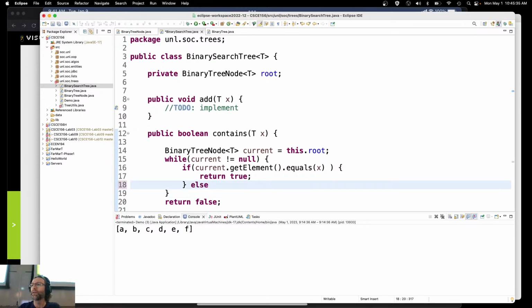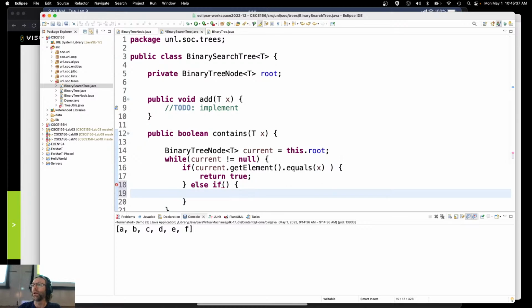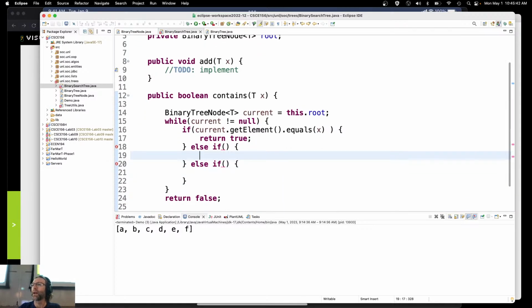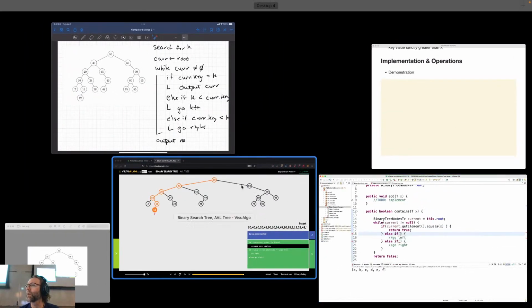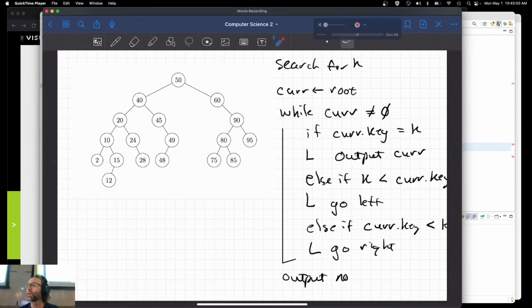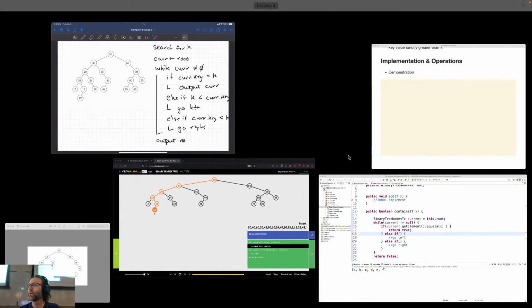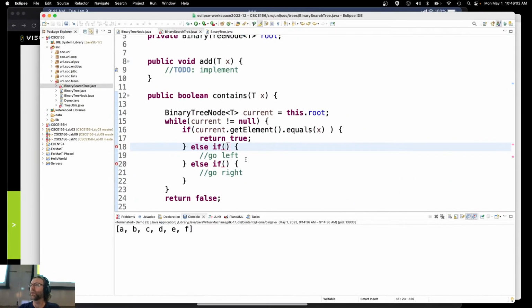Else if some condition, else if some condition. Remember that I go left or I go right. Now let's fill in those conditions. Let's remind ourselves what they look like first. If the thing I'm searching for here is less than the current's key, then I go left. So how do I make that comparison? The thing I'm searching for is x. If that is less than current.getElement,